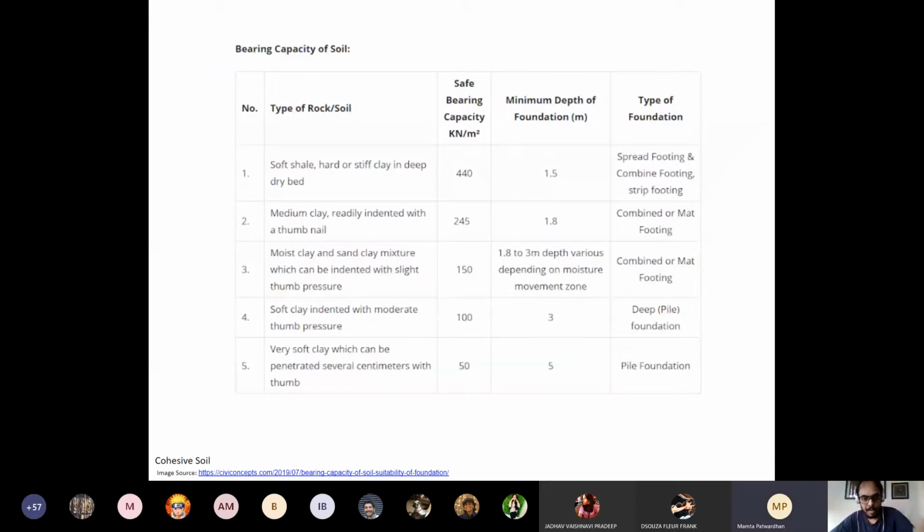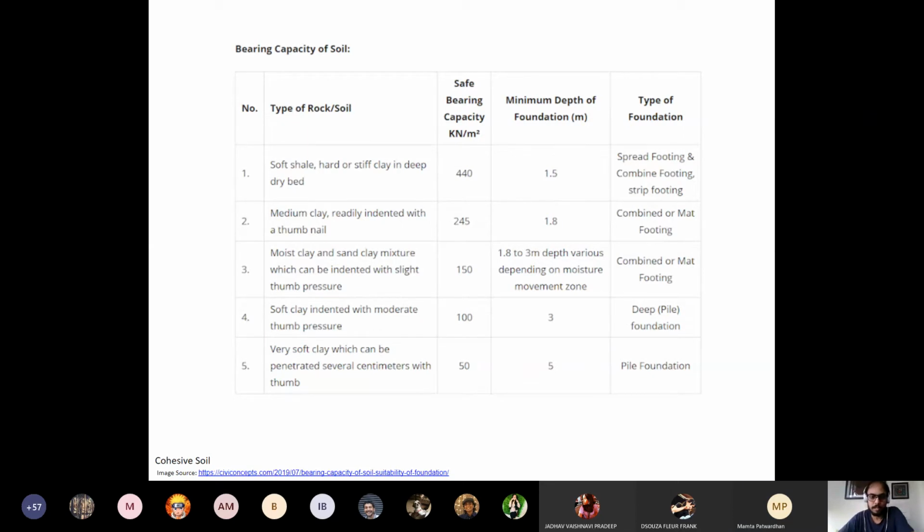What we have over here is another five types of cohesive soils: their safe bearing capacities, the minimum depth of foundations that need to be accounted for, and the kinds of foundations that each soil type can take at that depth. Please remember that if you have a soil with lesser bearing capacity, you can increase the area of your footing. That might also work, but it has its own limitations. I can't increase the area of my footing beyond my plot size, right? Similarly, there are many ways in which you can work out your foundations and footings.